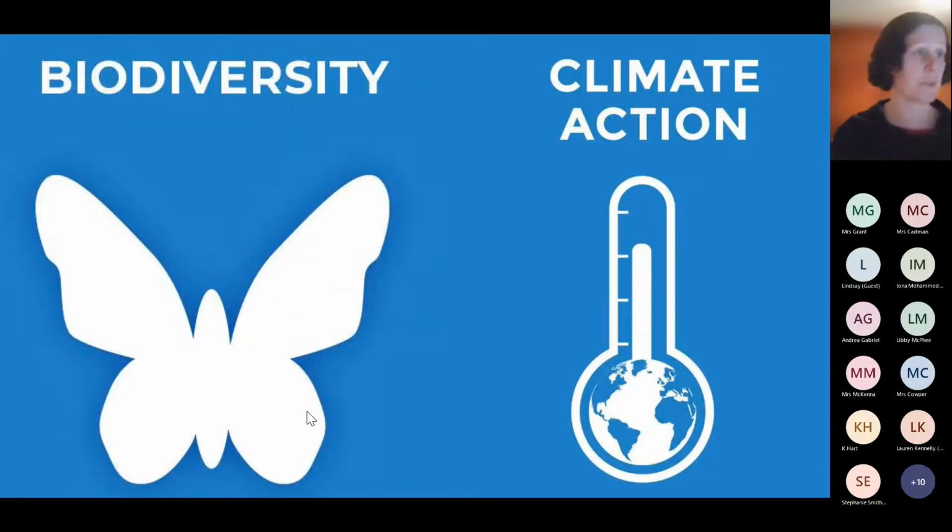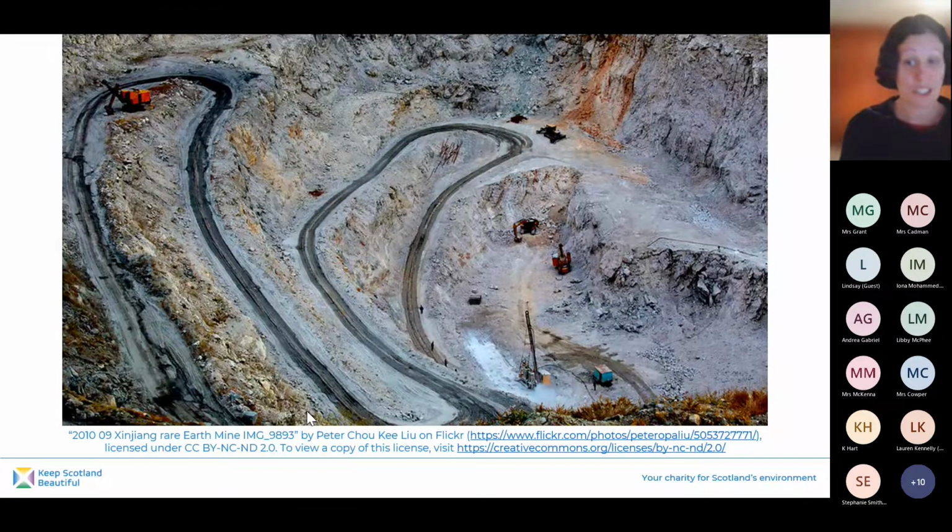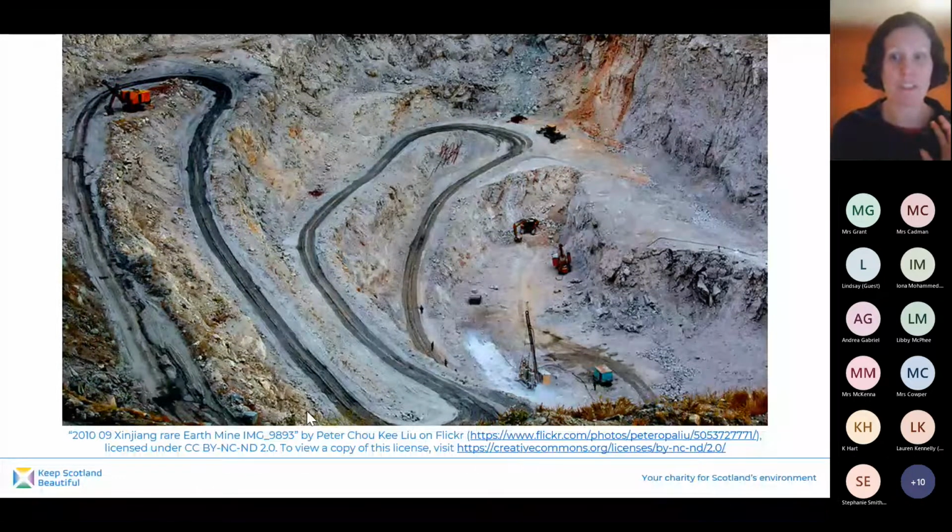So just to give you a wee example briefly, a lot of what we're doing in terms of climate change requires us to take up lots of green technologies like LED lights, electric cars, wind power plants, which are all great for climate change. Unfortunately, they require the mining of things called rare earths, which are types of metals. They're not actually that rare, but they're very difficult to get at, which is why they're called rare. And this picture is a rare earth mine in China. And the process to extract rare earths causes huge amounts of pollution. And there's lots of new mines planned, particularly for areas like Africa. So they're planning to mine areas in things like the Democratic Republic of Congo, which have really biodiversity-important rainforests